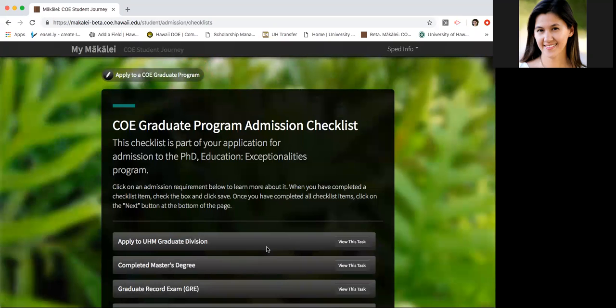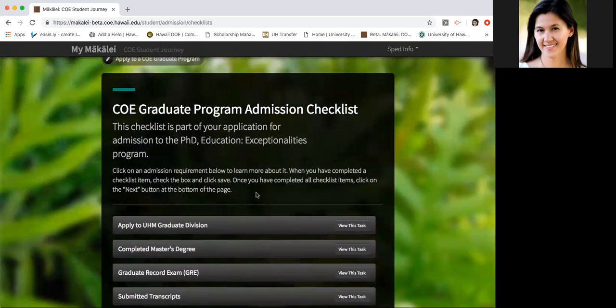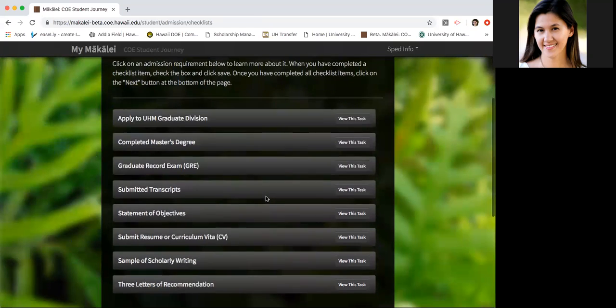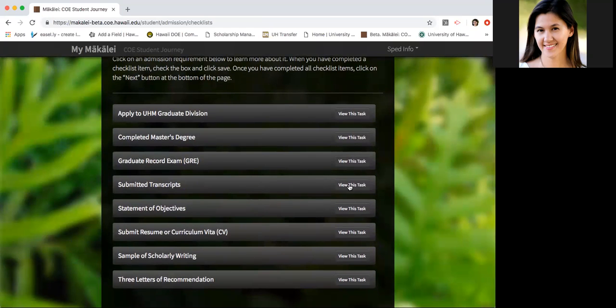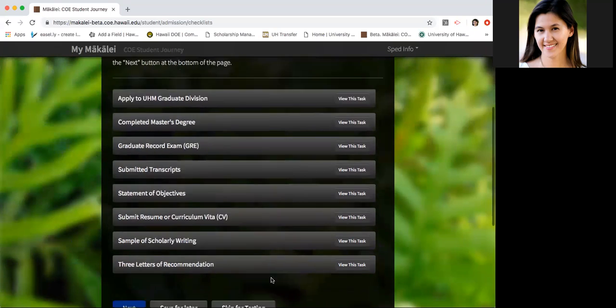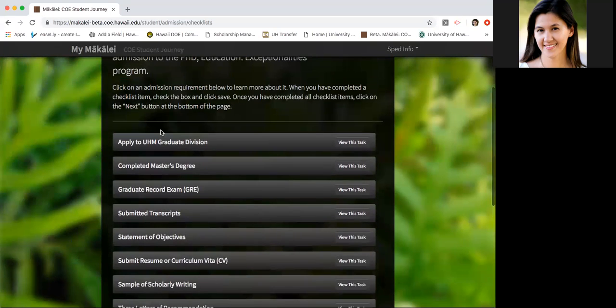This is the meat of the application. This is where everything is going to be that you're going to need to submit in terms of your supplemental documents. Basically the objective is every single one of these items has to be checked off in order to actually move forward. So for example, you do need to submit your UH graduate division application, which is the